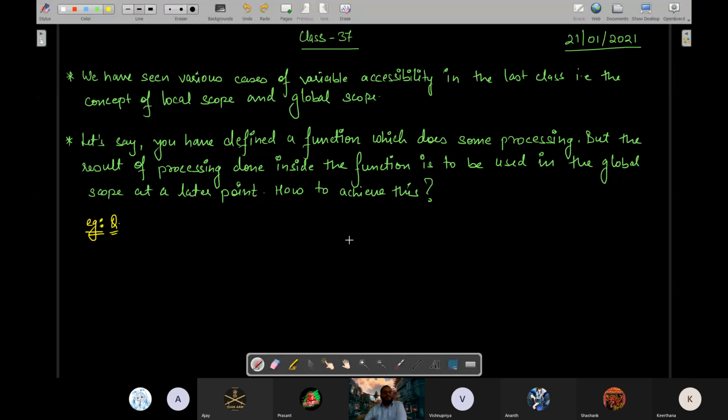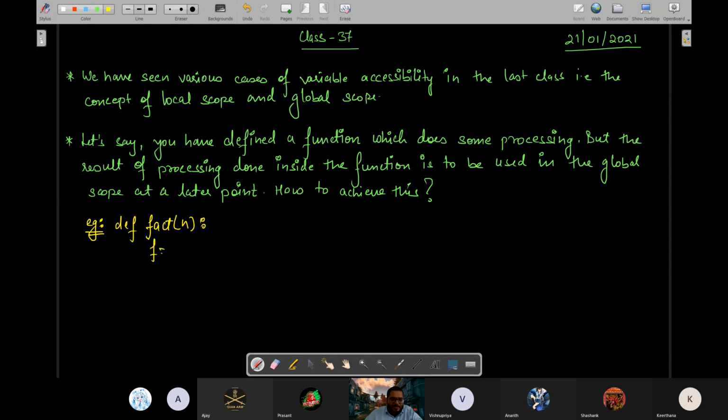For example, let's say I define a function factorial, fact, which accepts one number in the parameter, okay, and finds the factorial of that number.